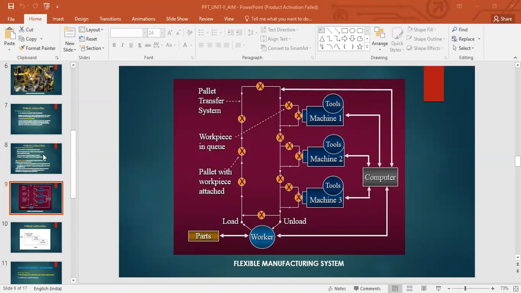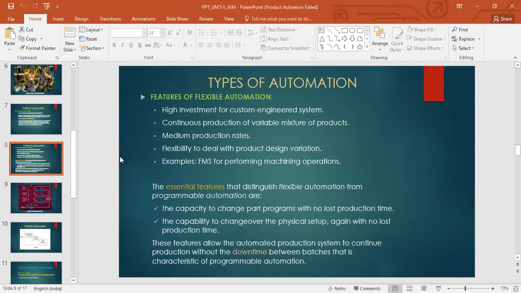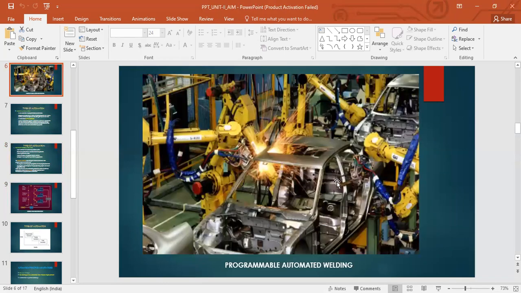Okay, and you see essential features that distinguish flexible automation from programmable automation. How is it different from programmable automation? The capacity to change part programs with no lost production time, isn't it? Because in your programmable automation, you have to change the program.